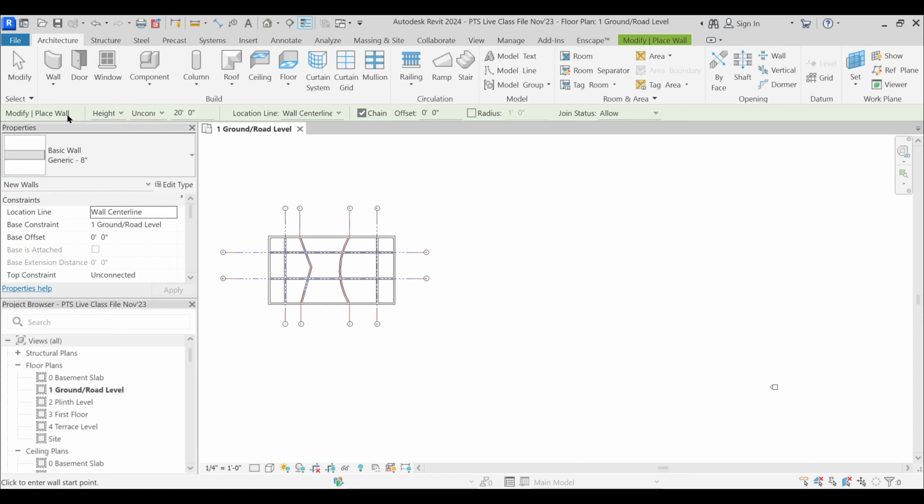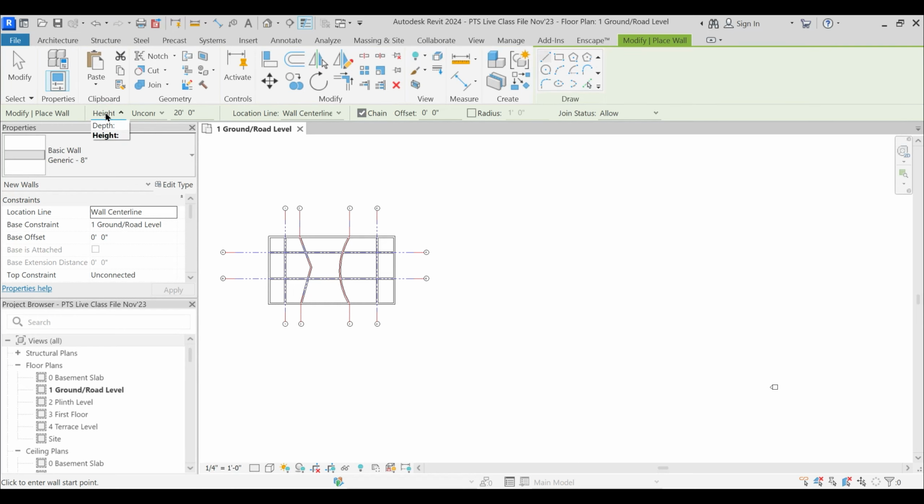First is the height or depth. Of course, we want the wall to elevate in height. Next, all these levels will pop up, showing at what level you want your wall to snap to. I will select that I want my wall to go up till the first floor. If you want it to go up to any custom height, then select unconnected. Let's say it's a parapet wall. Then the parapet wall will have a height of just 3 foot, 900 mm, and you can draw that parapet wall. But I want it to go up till the first floor.